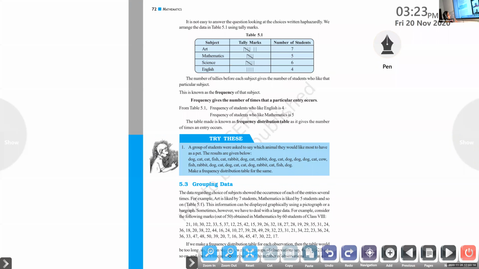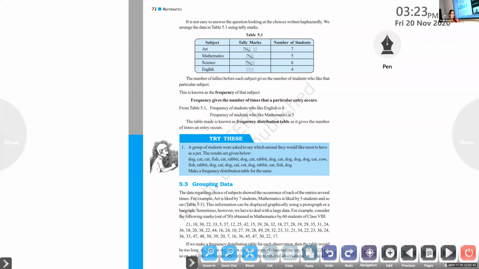Enumerators are coming to our homes. They will ask how many people are there, and they will ask our ages and whether they are students or working people, all the details. Above 70 years, how many are there, many details they will collect. Okay. This collected data we have to analyze.